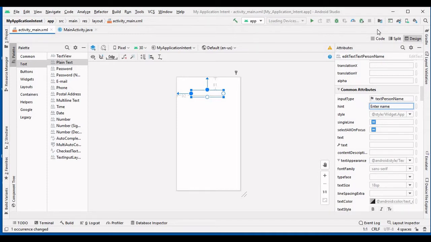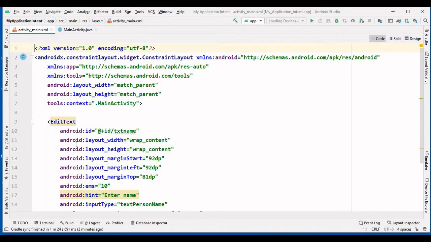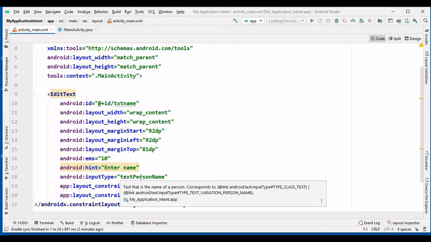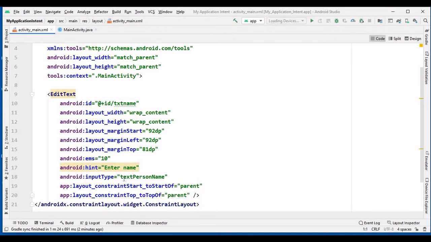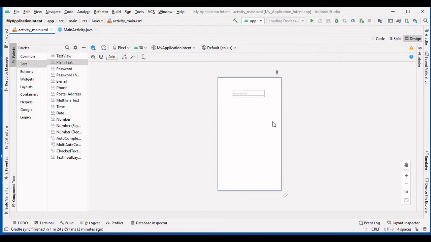You can set this property through the code. Right now the input type property of this edit text is set to textPersonName. You can change it to phone if you want to enter the phone number in that text box. Now like that I will take one more text box, and also one more button.